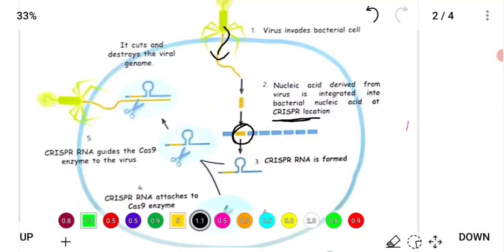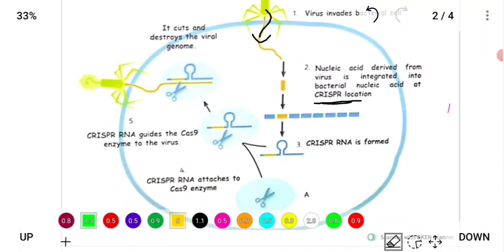Now this stored viral sequence is known as the spacer sequence, and it will act like a memory of the past infection. So similarly the bacterial genome will have repeats and spacers whenever a virus infection occurs. Each spacer will correspond to a past viral infection. Suppose another viral infection occurs. Now how will this spacer sequence help?